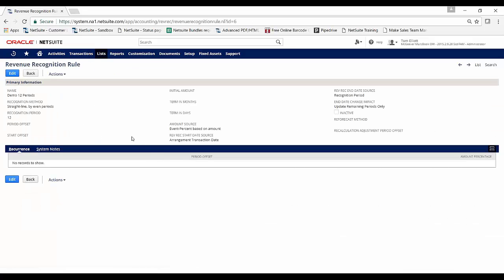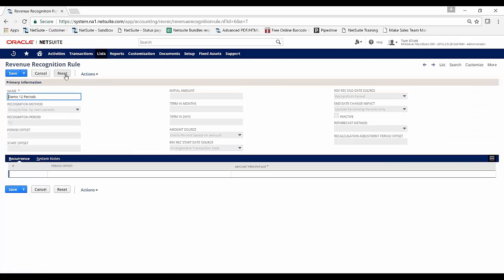So if I look into the revenue rule, now obviously there's a lot of information here and we're not going to go into all the detail, but at a high level, what I've told the system to do is, for this rule, any items associated to this rule, I want to recognize my revenue over 12 periods and straight line by even periods. So what that means is, say you receive an invoice for £12,000, I want to recognize a 12th of that in each month evenly starting in that period. Now the evenly thing is important because, once you've used it, you can't change it, so let's just cancel